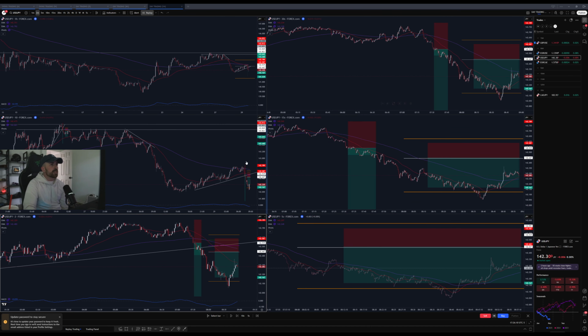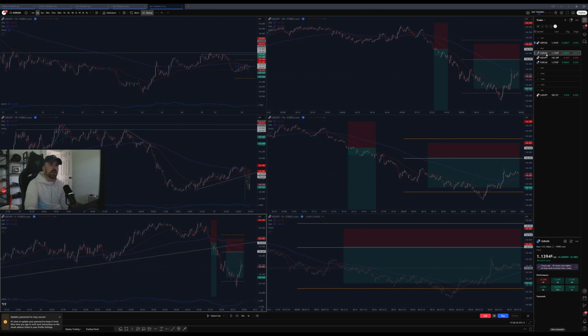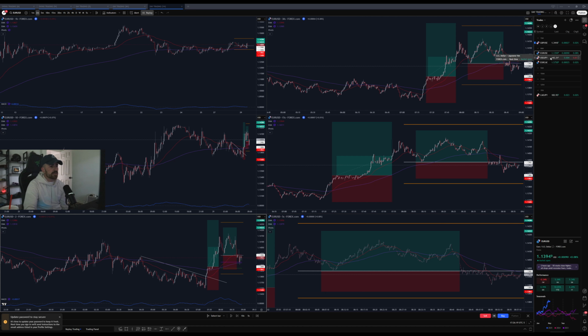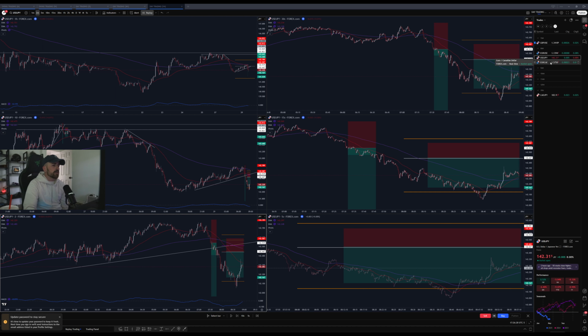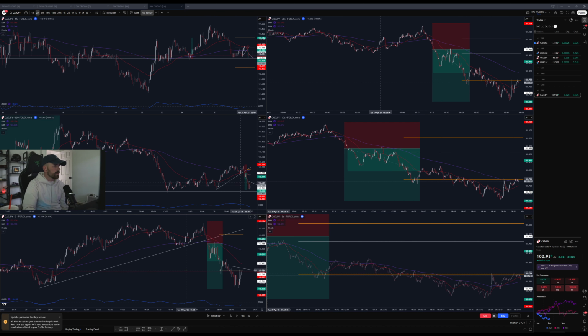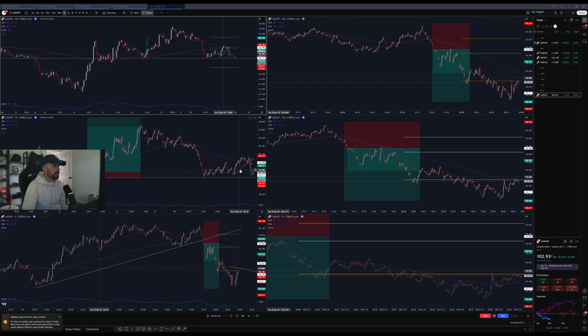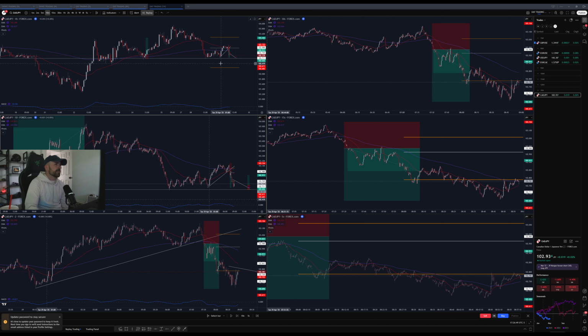The other thing I was playing with again are these MBO style kind of entries. I position sized them as if I were to take them. And they played out to an extent. I think the nicest one really was kind of CAD yen at this hour. It was essentially a CBO. The only crappy thing is it has this sideways consolidation and then almost kind of like a double bottom right here, right? And then a push up. But it's still a CBO.